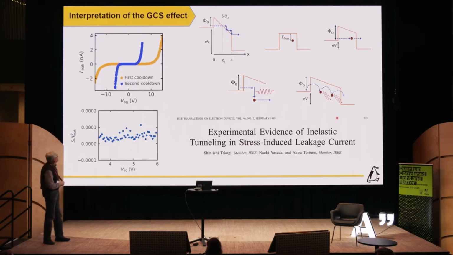Taking also into account that if one compares the results from first cool down and second cool down, there's a huge change in the critical voltage range. So the interpretation is that in these systems, the leakage current is going through intermediate trap states in the barrier. So in our case, it's the substrate, which is silicon dioxide, where you have this. And this is, in fact, a result that is known already with CMOS devices and various FET structures.